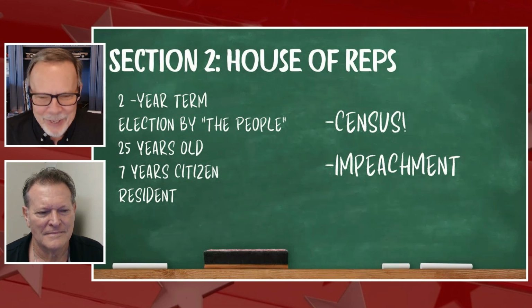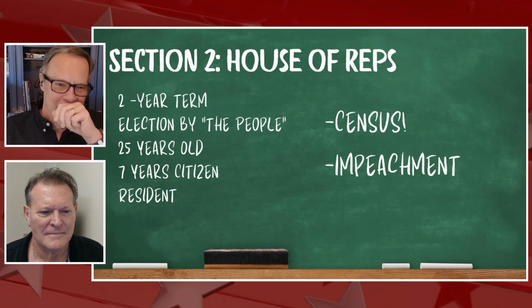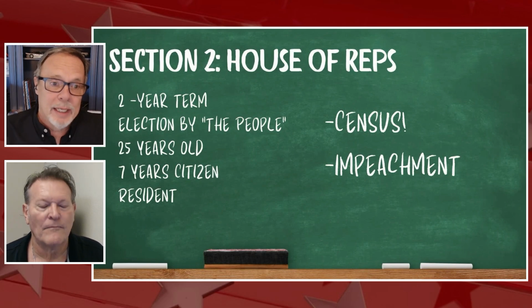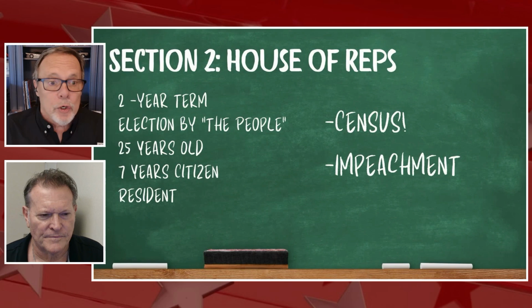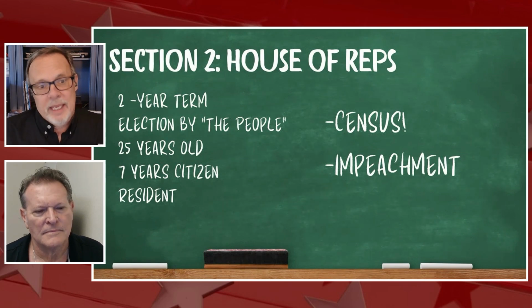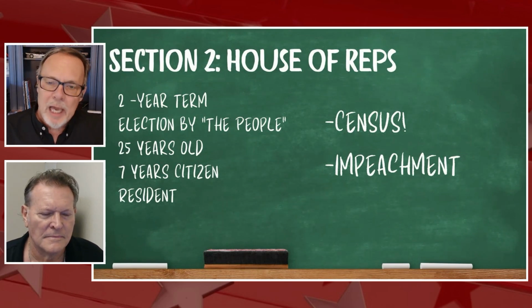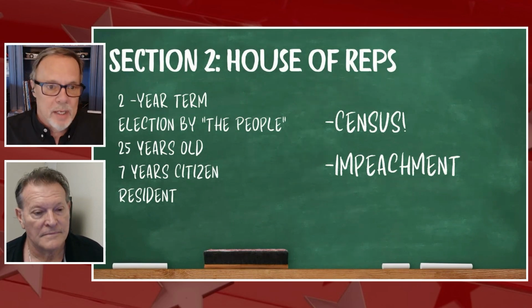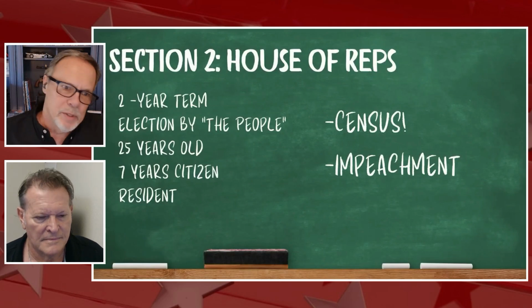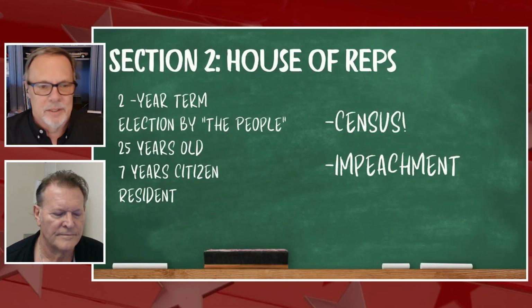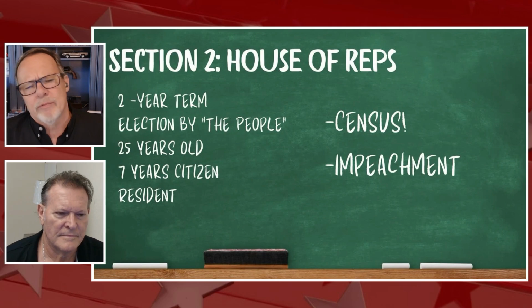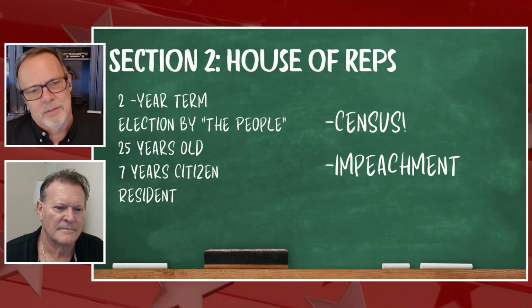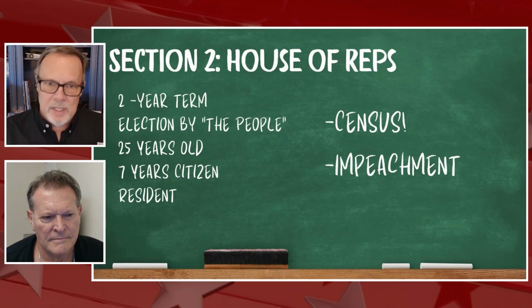Another thing that's defined in Section 2 is the power of impeachment, and I like to think of this as district attorney power. They can't try, they can't kick anybody out of office, but they can bring charges of impeachment. And we've seen that a number of times. Trump was impeached, Clinton was impeached. I think we're at 4 now. I'll have to double check how many people have been impeached. But so that's another Congress power.